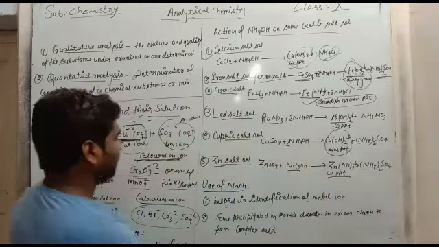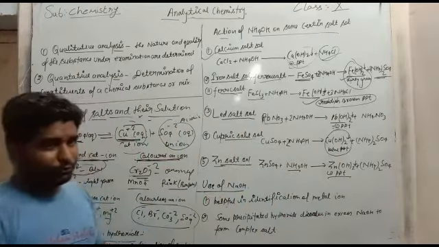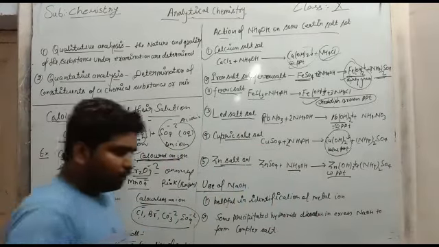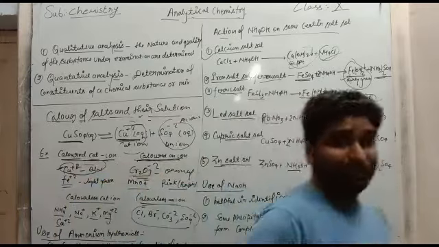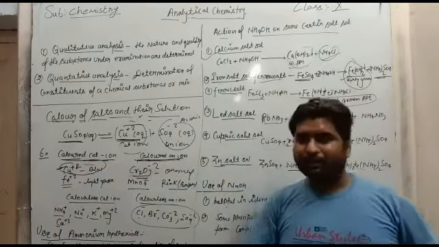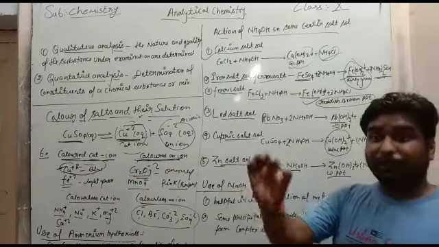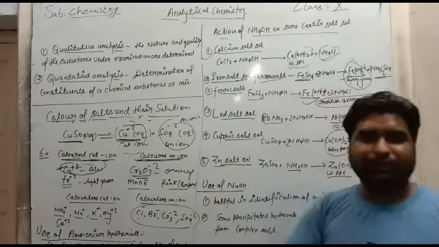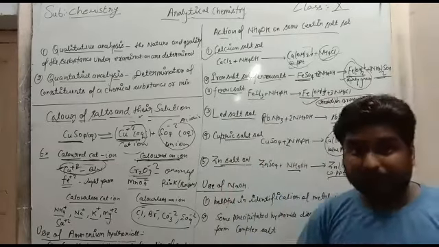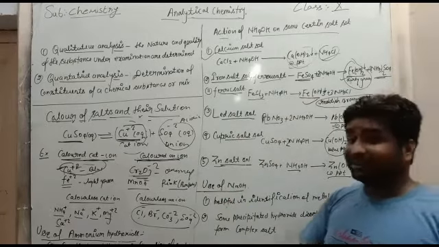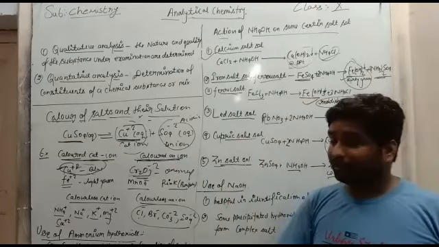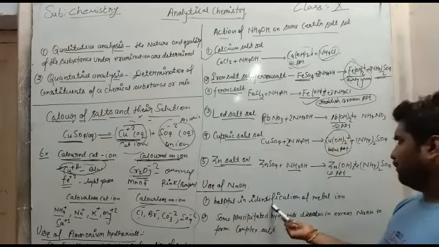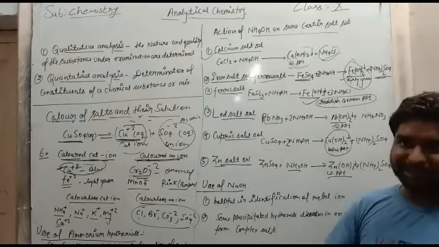Now the next topic is the use of NaOH. NaOH is a good reagent and is used in quantitative and qualitative analysis. First, NaOH, sodium hydroxide, is used for the formation of the soda extract. Soda extract means the determination of the cations. It is helpful for the identification of the metal ions, that means the cations.